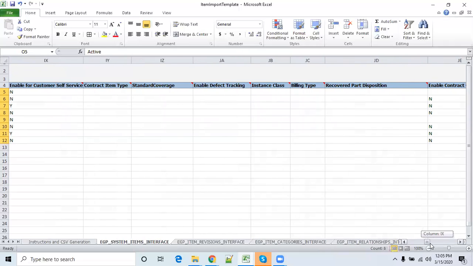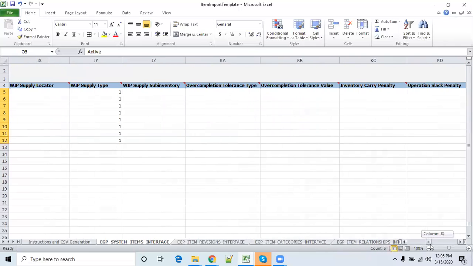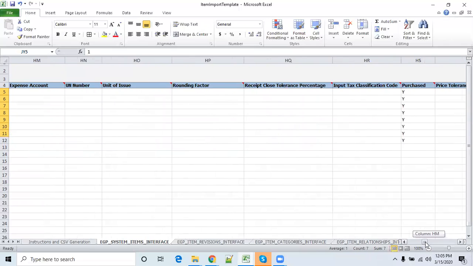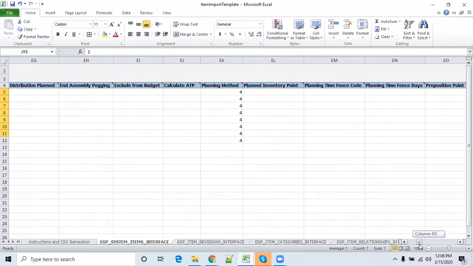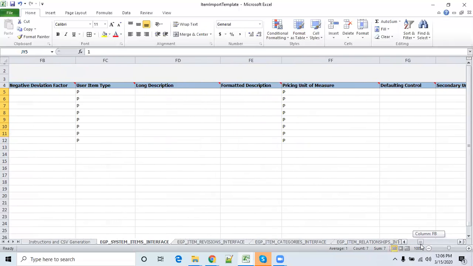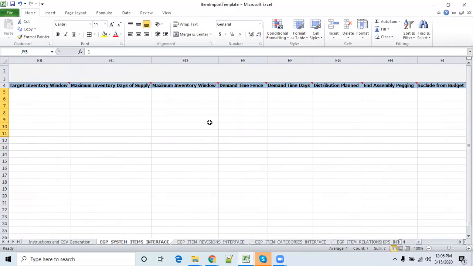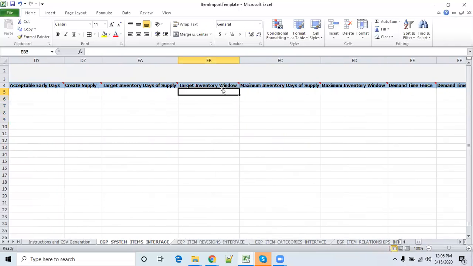So here I have given some of the things, like VIP supply, and a lot of things I have given here. You may ask the question, what are these things? These are all specifications of the item,